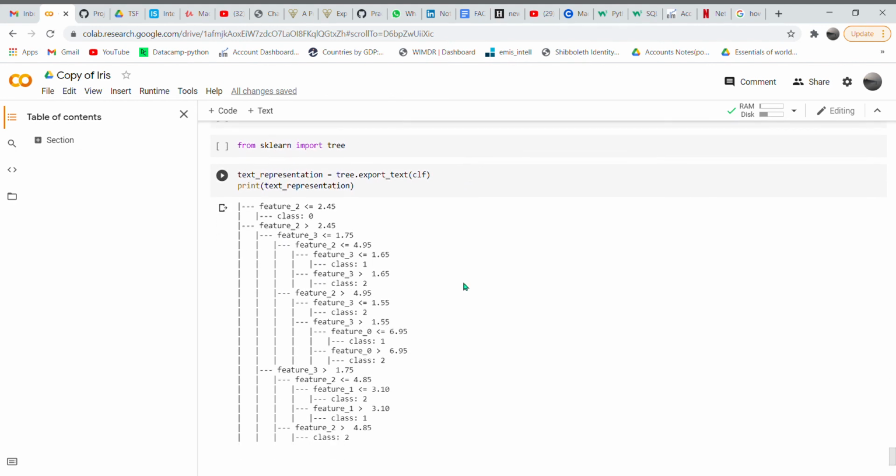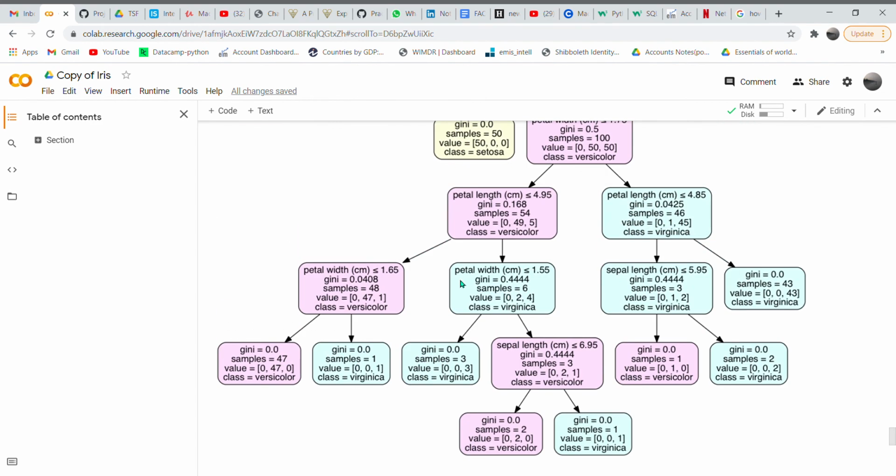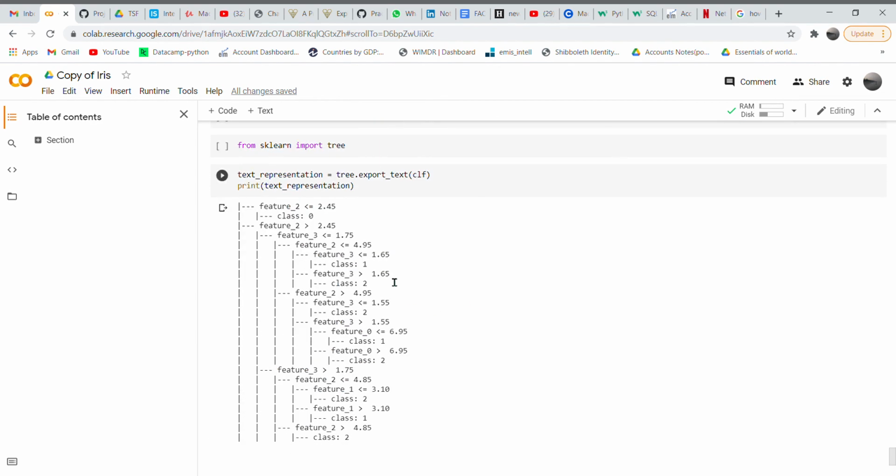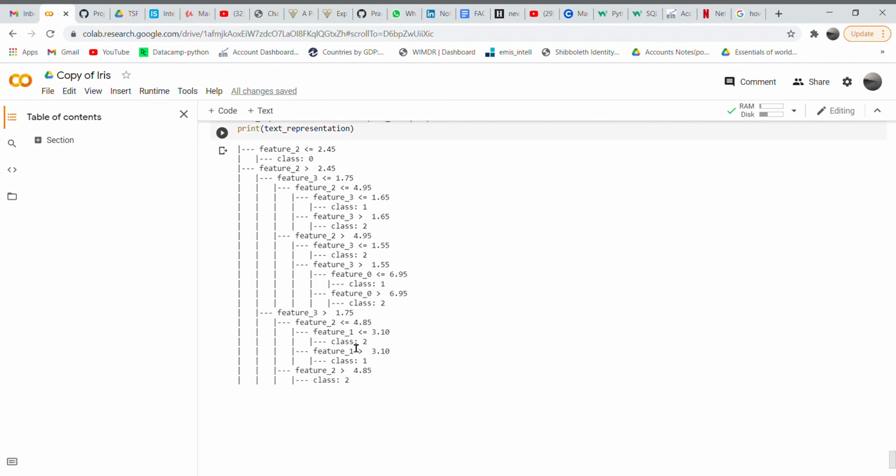Here I try to visualize this whole decision tree in a text manner, where if feature 2 is sepal width, that is less than or equal to 2.54, the class will be detected as 0. The class detected 0 is setosa, and if it's false it will take on another thing, that is feature 2 greater than 2.54. It will come to feature 3. Feature 3 is petal length. It will check whether that is less than 1.75. If it's true, it will again take on another branch, which we discussed like this here, 1.75, and it will go on searching till all the leaves are classified in this manner.